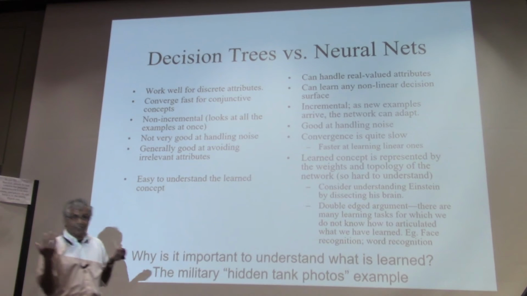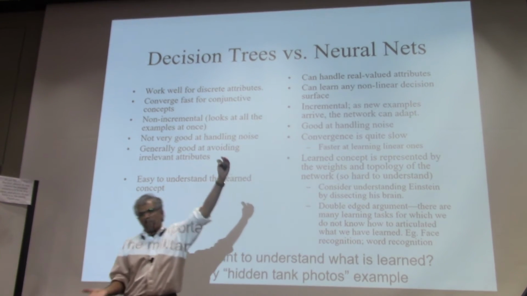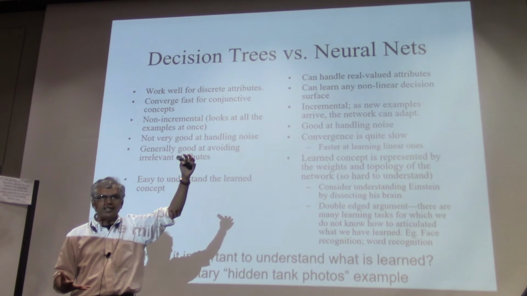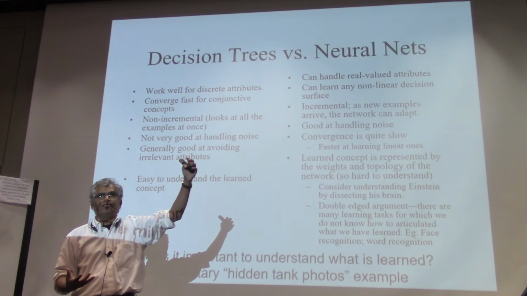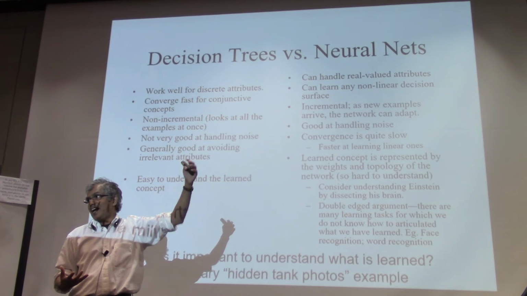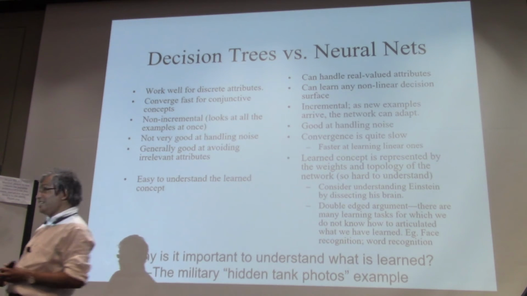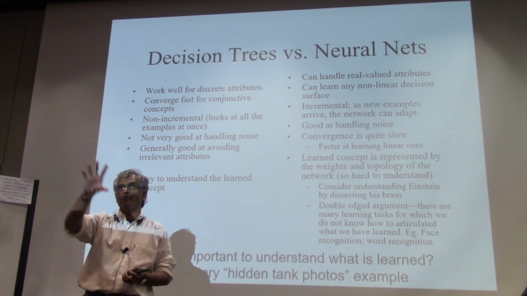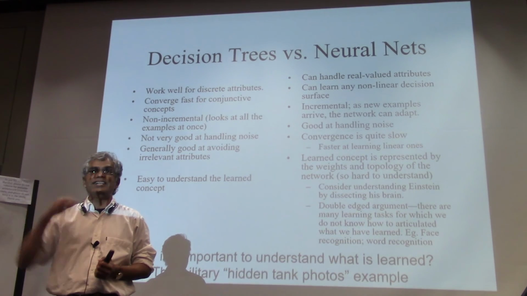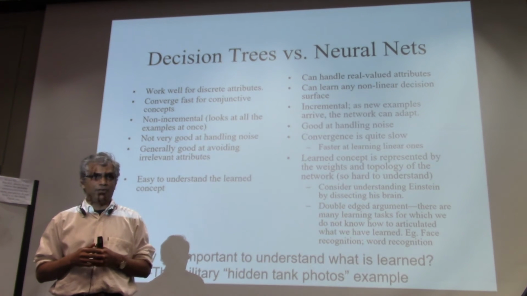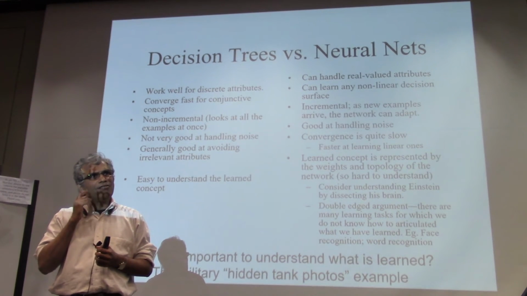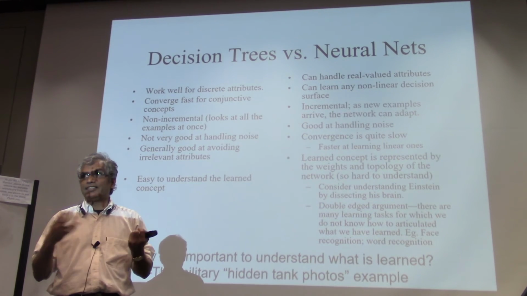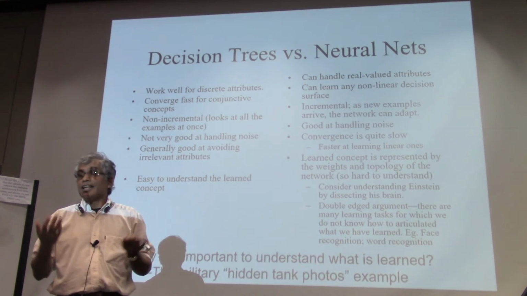Wow, this is amazing technology. How is this happening? It must be a multi-layered neural network with a huge number of hidden nodes, etc. And they looked, and it actually was a single layer neural network. The only weight that seemed to be non-zero was the average intensity of light in the picture. That's all it seems to care about. So then you start wondering, how is average intensity of light connected to tanks being hidden? Are there some kind of black holes that remove light? Now it turned out